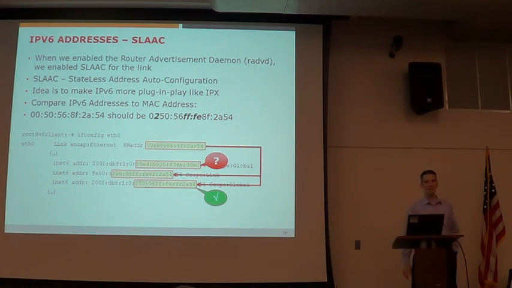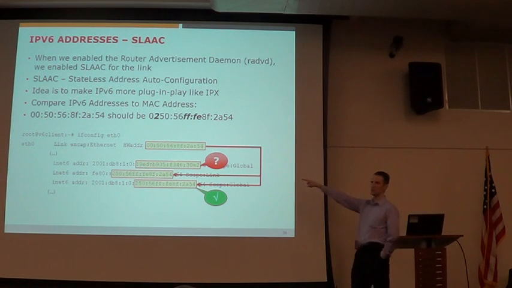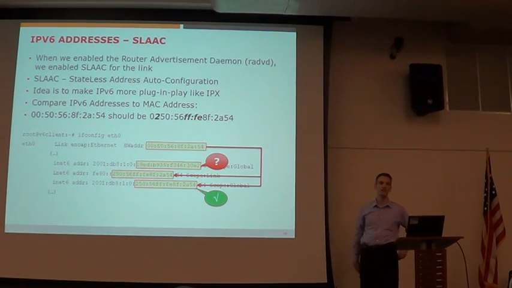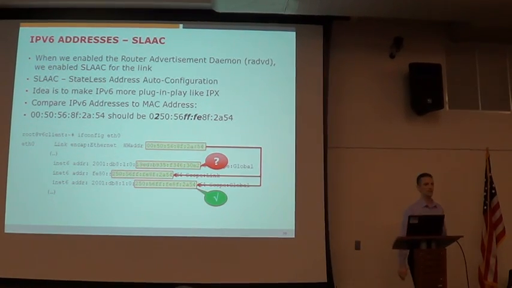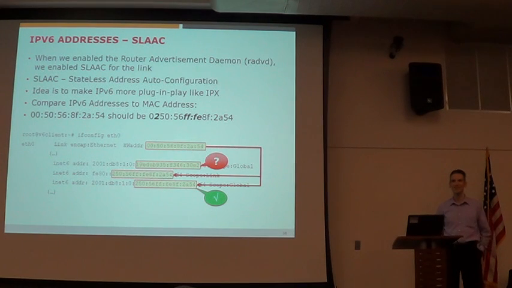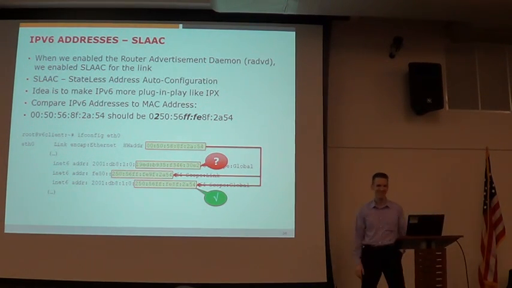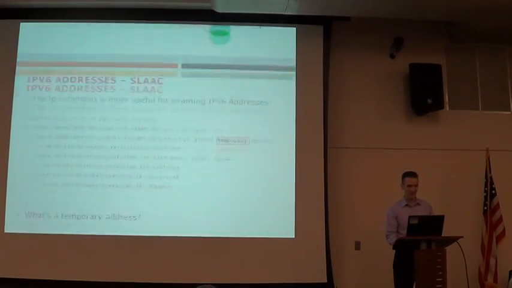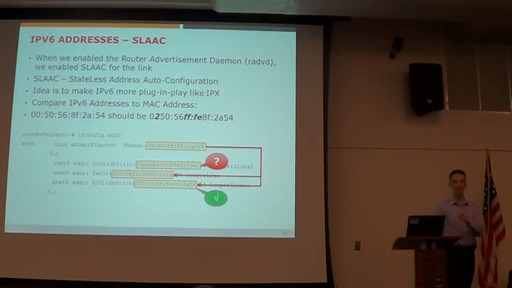Anybody have long-lived SSH connections? Like anybody SSH to a server and leave it going for more than a day? Yeah, I do that. So if I had this temporary address, and by default all my connections use the temporary address, so I am more secure, what happens in 24 hours when that address rotates? That's right, I get disconnected. Isn't that cool? But it was secure while you were there. There's a whole other topic on that, but that's the idea.